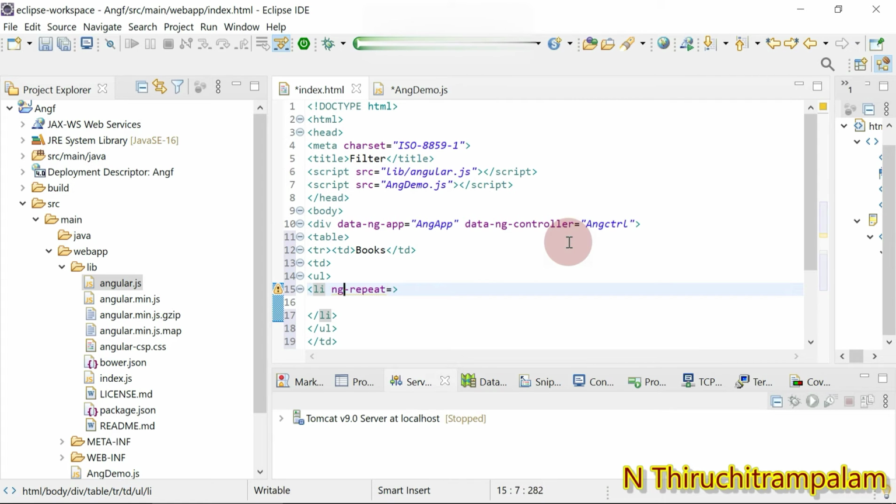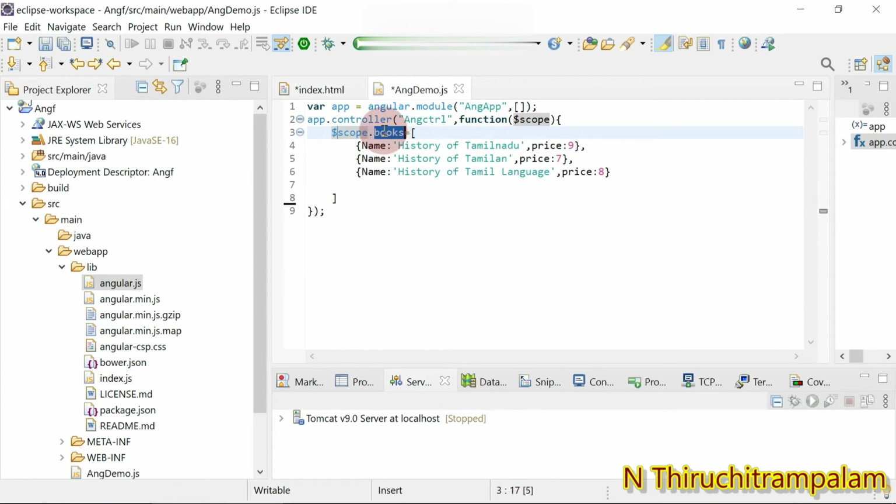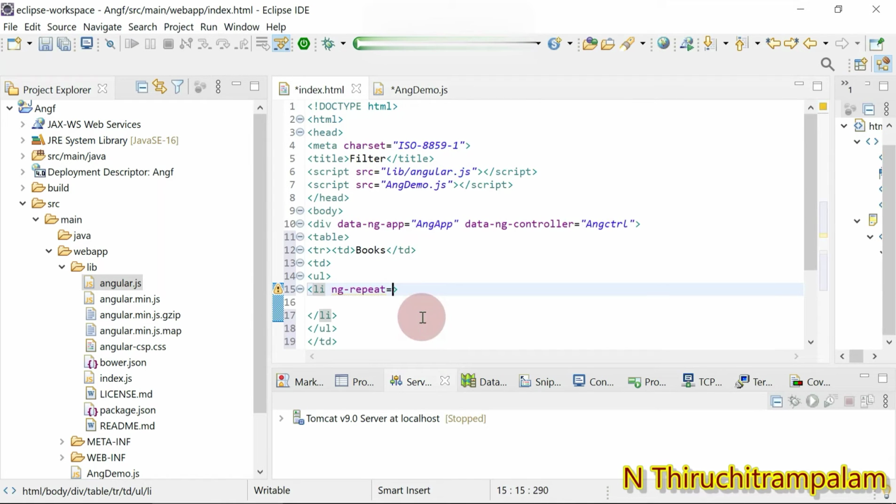So ng-repeat equals, and here I give, so what we have created, this is the property name, books, so that should be used. So I use bo in books. Okay, and then I use the pipe character, this is a pipe character, and I use the filter.